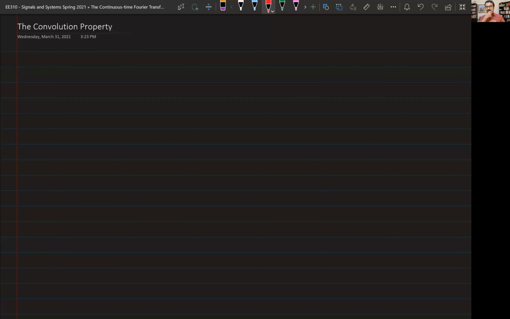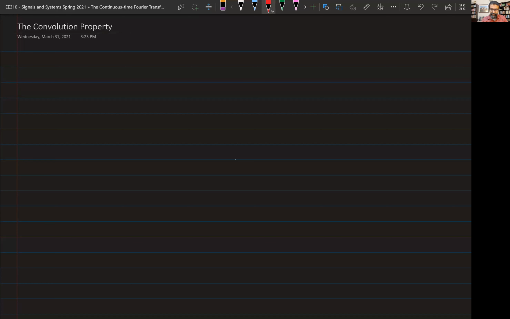All right. So as I announced on Slack as well, what we're going to do today is an extremely important property, which is the convolution property. And an extension of this is going to be the multiplication property, which is going to follow up this one. Convolution property